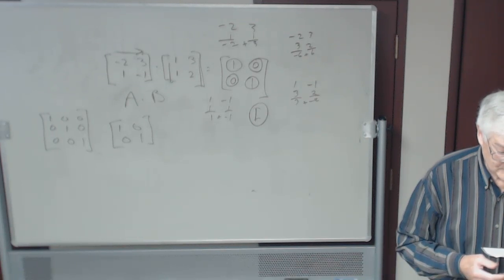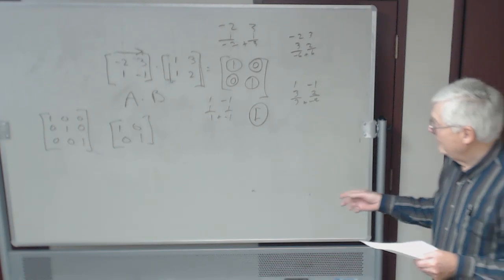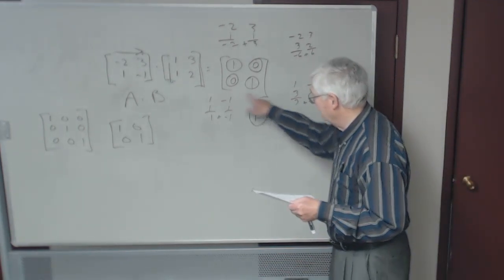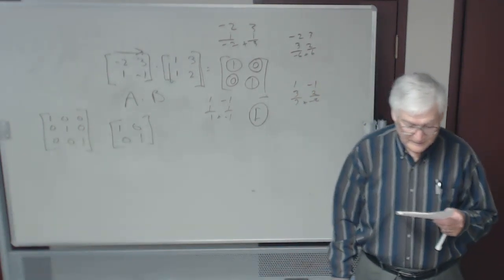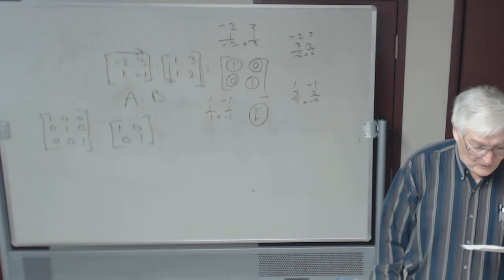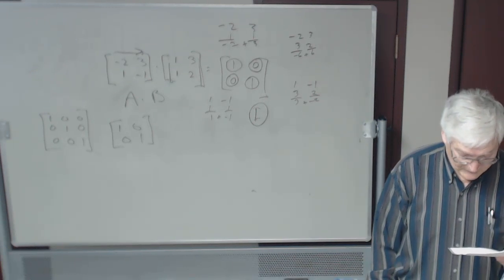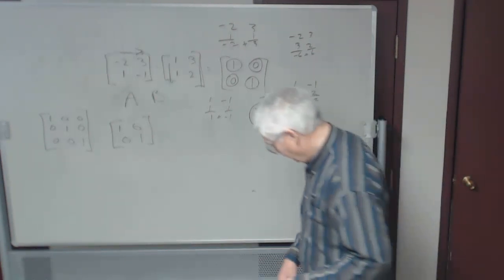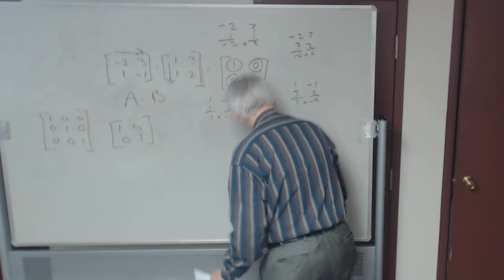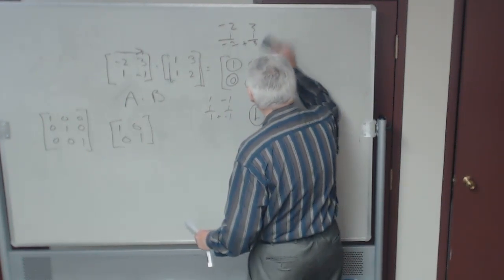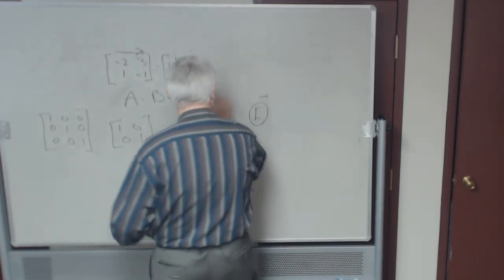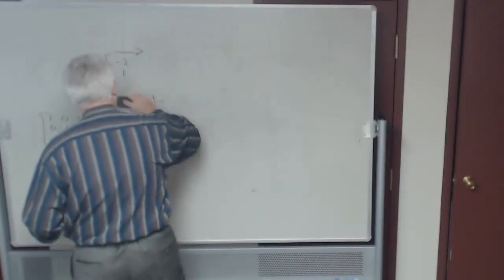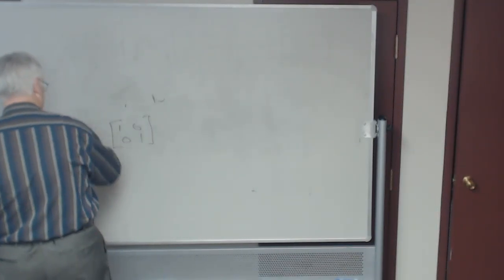So when it comes to problem 27, that's when they say verify. You just multiply those two and show that that's what you got for an answer, the identity matrix. Okay, skip 28 through 32. Just skip 28 through 32 because